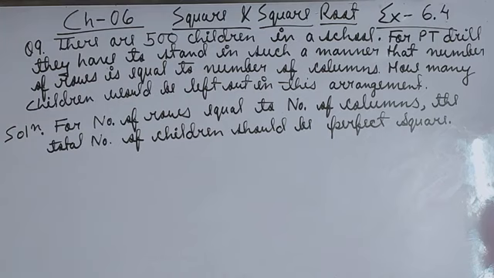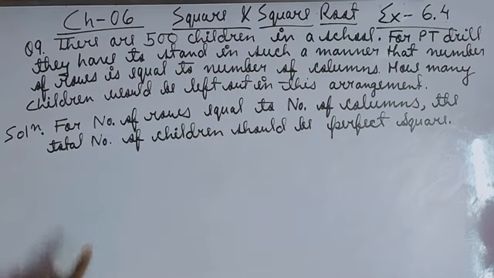Perfect square number होना चाहिए, क्योंकि in this question the main question is that how many children would be left out in this arrangement. इस अरेंजमेंट को बनाने में कितने ऐसे चिल्ड्रंस होंगे जो लेफ्ट आउट हो जाएंगे, जो इस अरेंजमेंट का पार्ट नहीं बन पाएंगे, where the number of columns equals to number of rows. For that you will be using the long division method concept, that what should be subtracted from a given number to make it what? Perfect square number. तो वो remainder will tell you what are the number of students which are left out in this type of arrangement. So the solution starts from here.